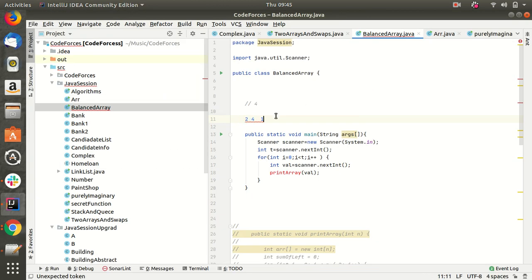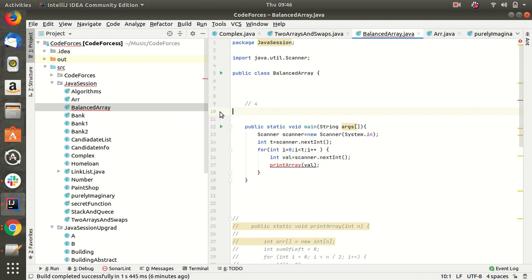We will construct 2 4 6 and 1 3. Now 2 4 6 sums to 12, minus the sum of these two, which is 4, gives 8, and it's even, so it's not possible.